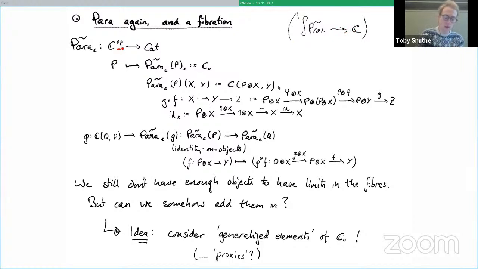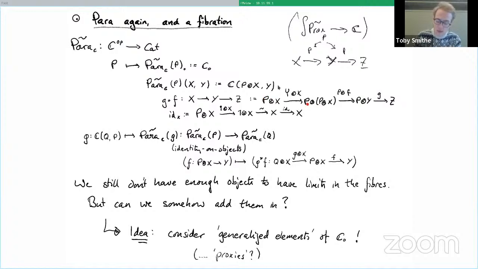So how does it work? It's going to be a pseudo functor from the opposite of C into Cat, and it takes each object P to a category I've written power of P, whose objects are the same objects as those of C, but whose morphisms are all of the form P tensor X to Y for some objects X and Y. And so now, rather than having two different parameters, say if we've got X to Y, Y to Z, we have on both the same parameter, and we can just copy P into these two places because we've got this canonical comonoid structure. And so this is how composition works.